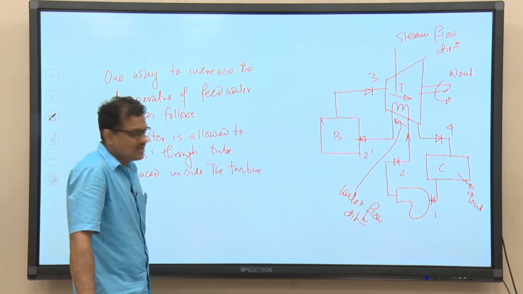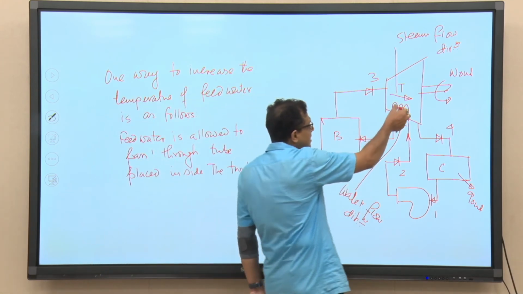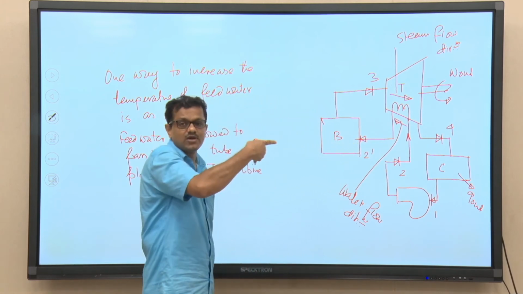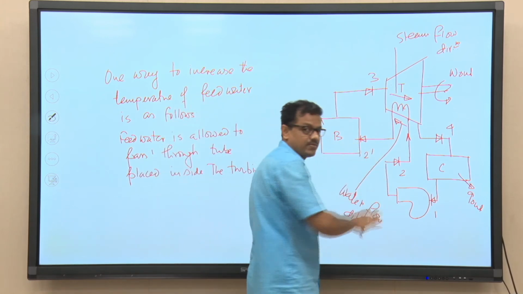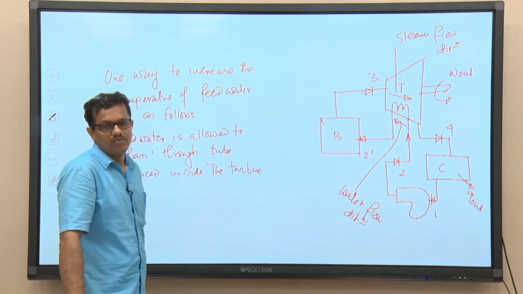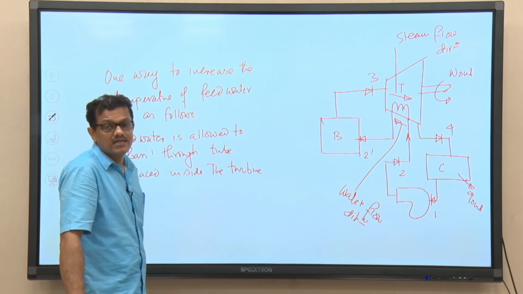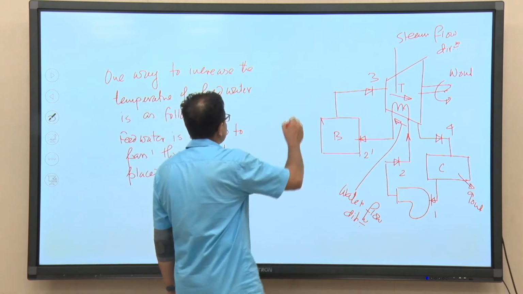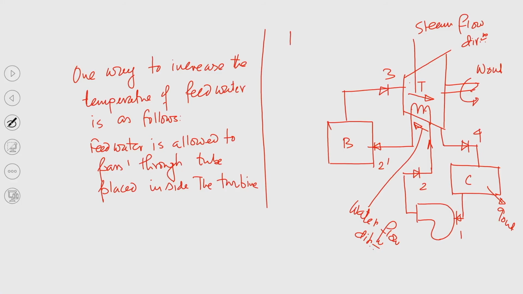So, now you can see that by taking heat from the expanding steam we can save the fuel which would have been required to increase the temperature from T2 to T2 prime if we had passed water directly to the boiler. Okay. So, in that way we can increase the efficiency of the plant, and this is called the ideal regenerative cycle. So, I am writing, this is the ideal regenerative cycle.